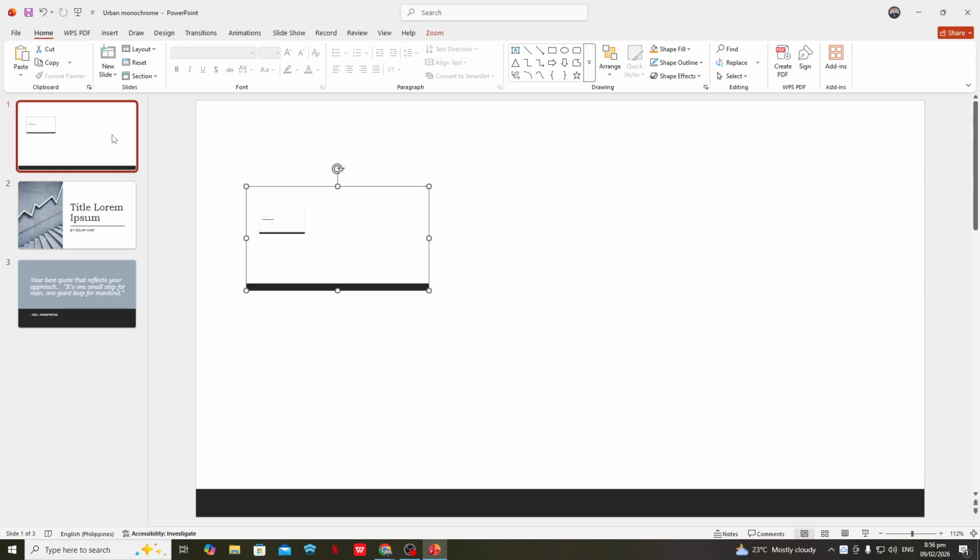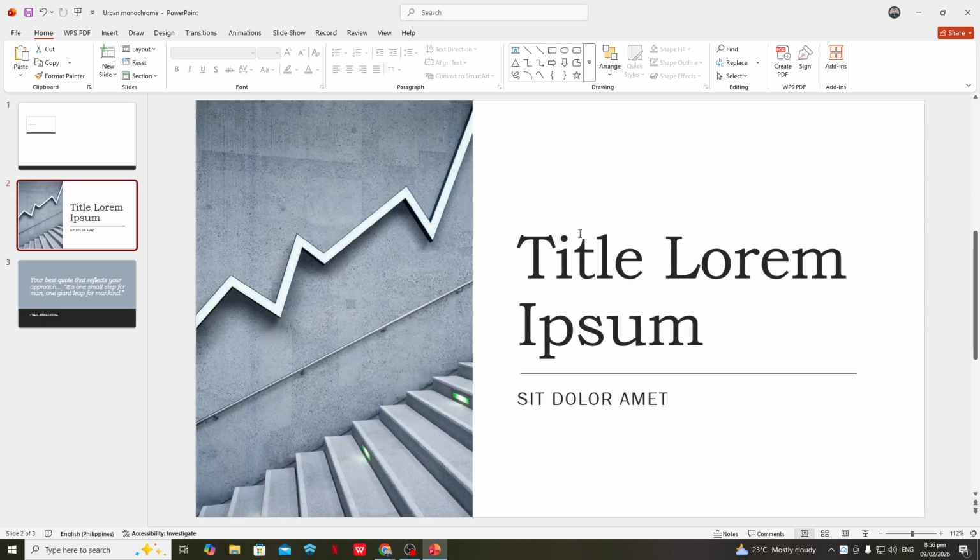To format your text, highlight the words you want to change and use the options in the Home tab. Choose a font, adjust the size, change the color, or make it bold or italic. You can also use the alignment buttons to center your text or align it to the left or right, depending on your design. That's all there is to it. You've learned how to create a blank slide, add a text box, and format your text so it looks